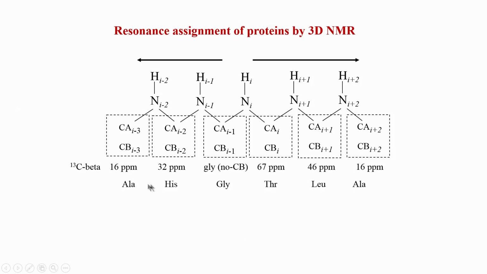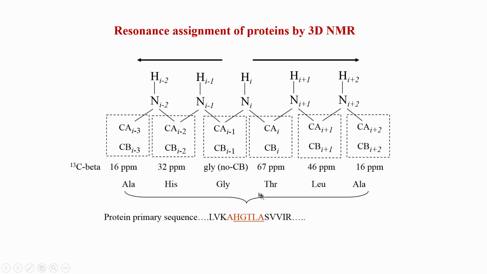Okay. So, once you have guessed or predicted that, you can now see that I have connected a stretch of 6 amino acids. Okay, we have connected a stretch which lies one after the other. That means, if this is I minus 2, this is I minus 3, this is I minus 2, I minus 1, and so on. So, they are continuous. Not only are they continuous, this is a specific set of amino acids. Now, can we try to find that in the sequence? So, I am trying to find these amino acids in the sequence in this order only. The order is coming from here. So, I have connected in the right order.